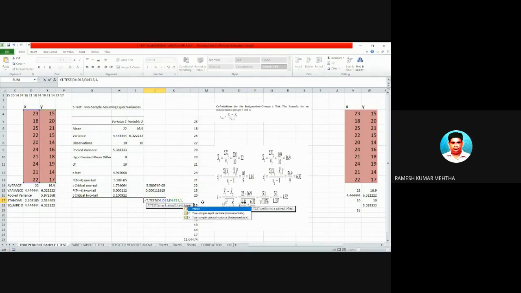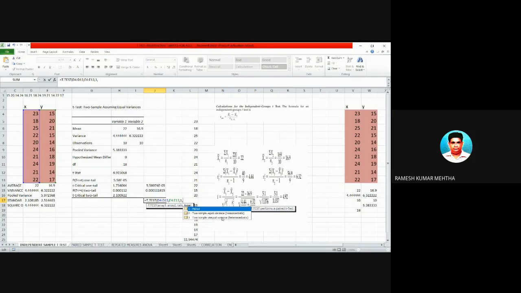Number two, type. Now it is asking for the fourth command, which is type. Whether it is a paired sample t-test, or two-sample equal variance test, or two-sample unequal variance test you are conducting.